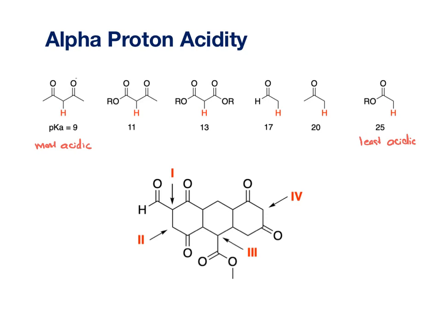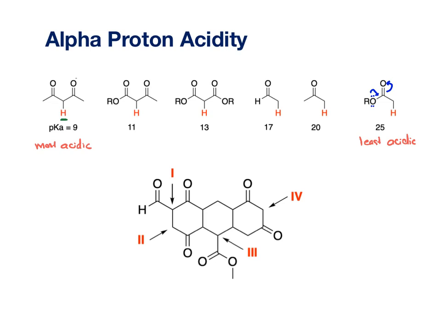A couple things to know is if you have an alpha proton between two carbonyls, that's going to be more acidic than just an alpha proton next to one carbonyl. So that's what we have here. Another thing to know is that if we look here at the upper extreme, the alpha proton of an ester has a decreased acidity. And the reason for that is because the lone pair on the ester is dumping electrons toward that alpha proton,